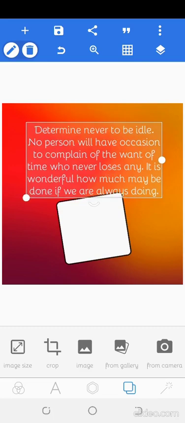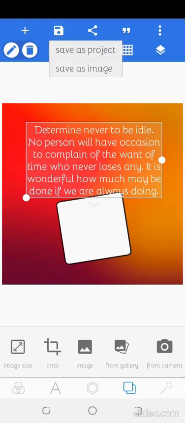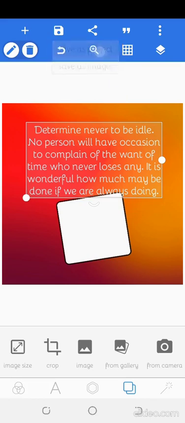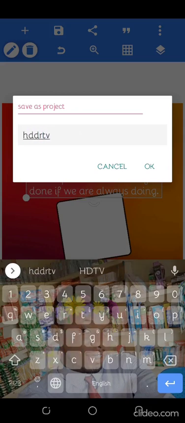Okay, let's move on to share. Now the share will help you to save and then share the design with other platforms. Then save has two options here, where you can save as a project or you can save as an image. If you want to save as a project, it means you want to save it as a template that you can also revisit and edit. You understand? Yeah, so if I save it as, let's say,